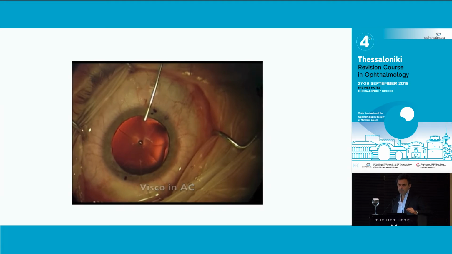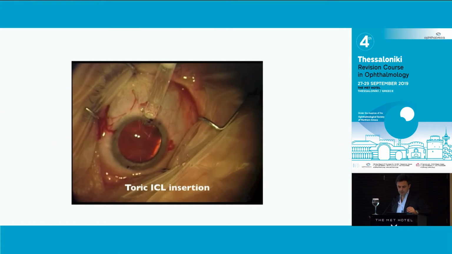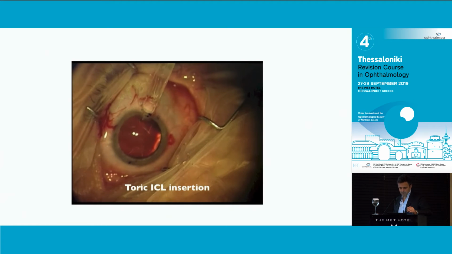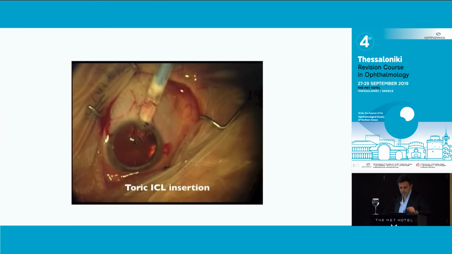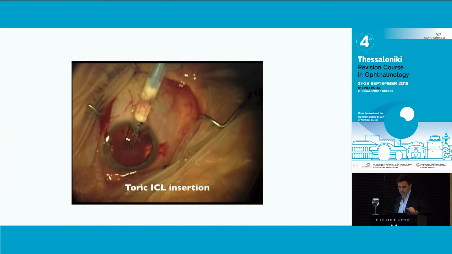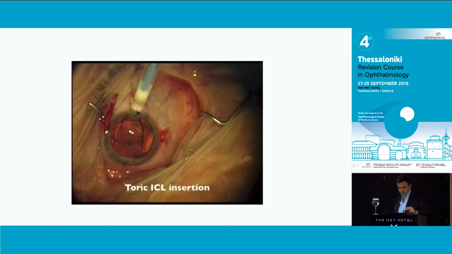So it's very straightforward. If you're a good cataract surgeon and you go to a couple of courses, it's really easy to pick up because it's simplified cataract surgery. So the lens is first injected inside the anterior chamber and then is gently tucked in under the iris. It needs to be a no-touch technique because you don't want to touch the top of the lens,